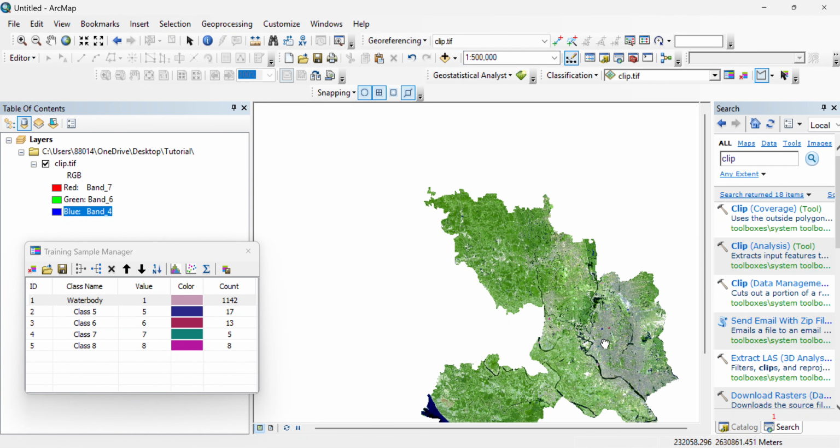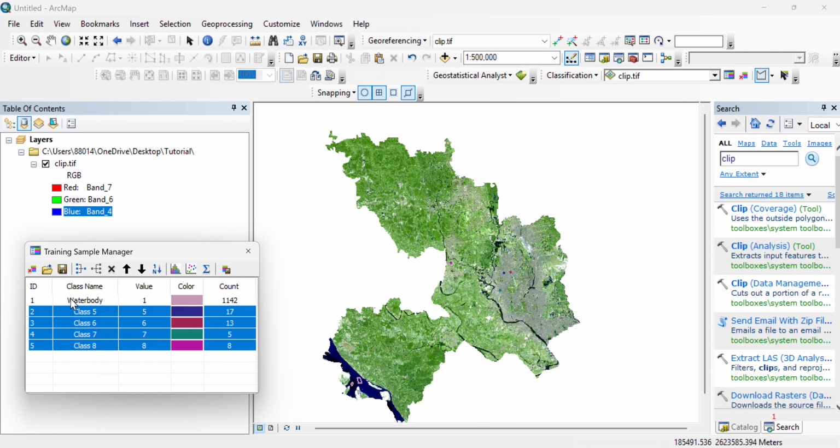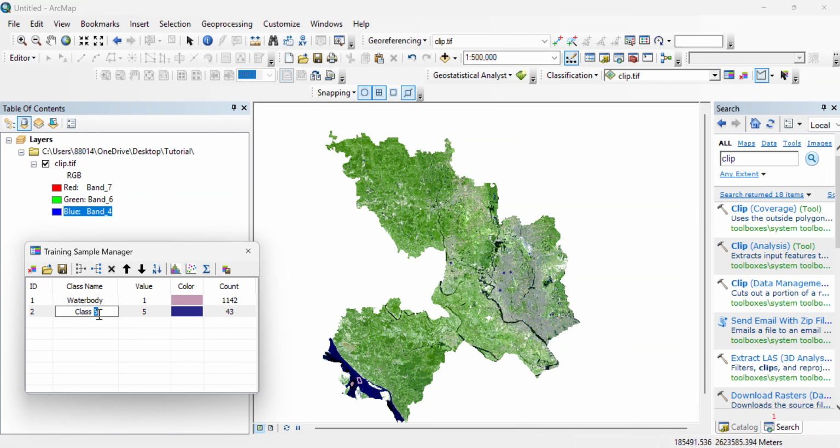Okay, now just select again like water body and merge it and rename it built up. Okay, then